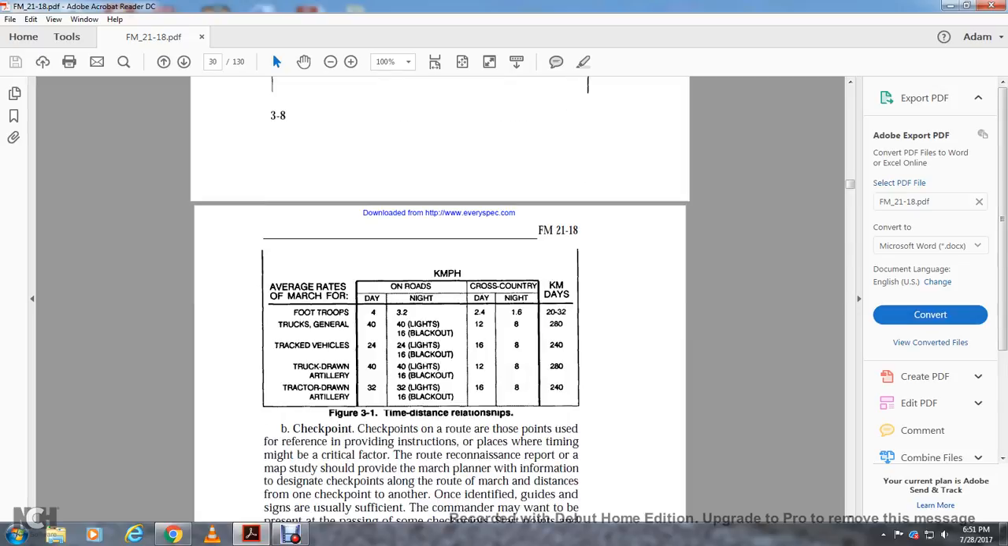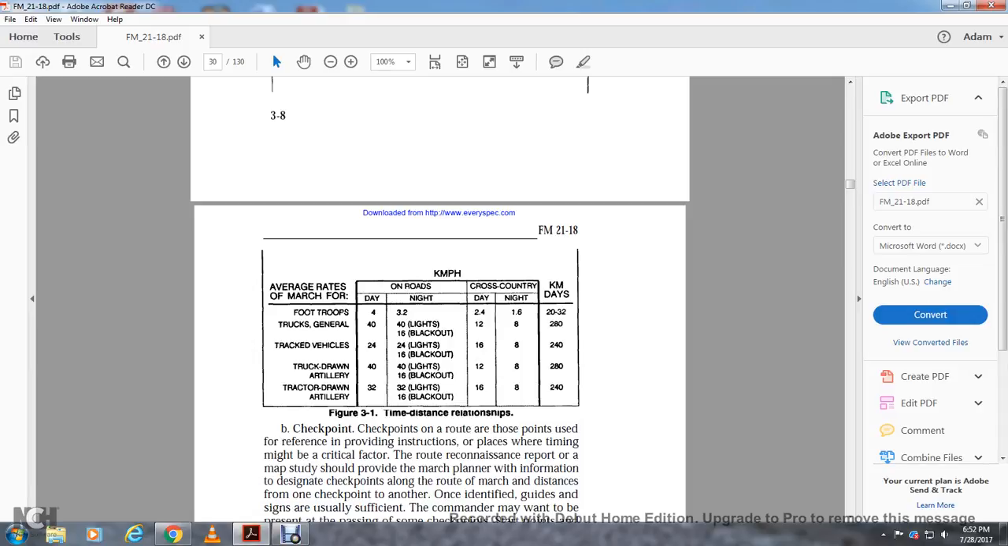Average rates of march. Foot troops: day 4 kilometers per hour, 3.2 kilometers per hour, day 2.4 kilometers, night 1.6 kilometers, days 20 to 32. Truck vehicles: 40 by day, 40 with lights, 40 kilometers per hour with lights, 16 by dark, 12 by day, 8 by night. Tracked vehicles: 24 by day on road, 24 with lights,